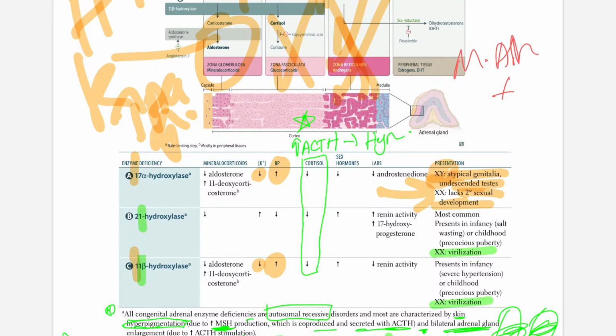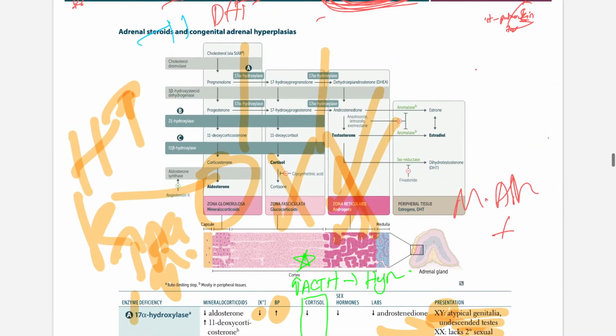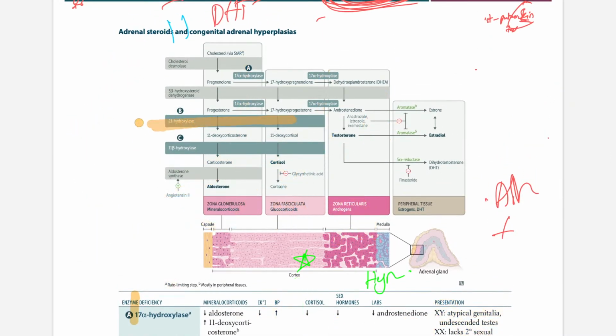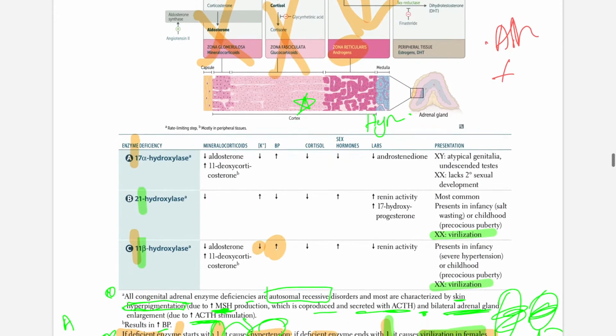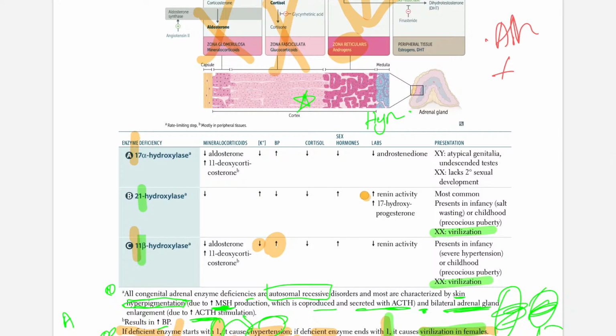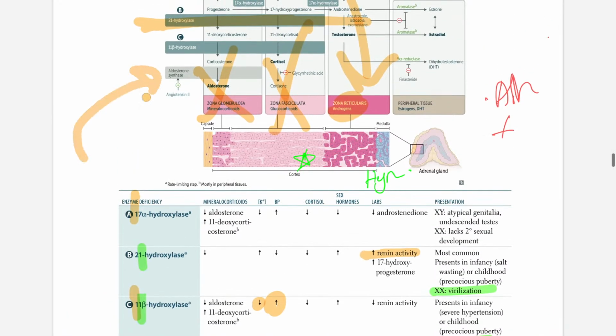Okay, that's just the way when you think about it. Now if you think about the other way, if your 21 hydroxylase is out, everything is funneling down into, first of all, your androgens. So you don't have any aldosterone, you don't have any cortisol. All you have is androgen. So first of all, you will have an increase in renin activity because you need aldosterone. Renin is going to poke angiotensin 2 to cause increased aldosterone, which it will not be able to because there's an enzyme deficiency. So you have increased levels of renin,